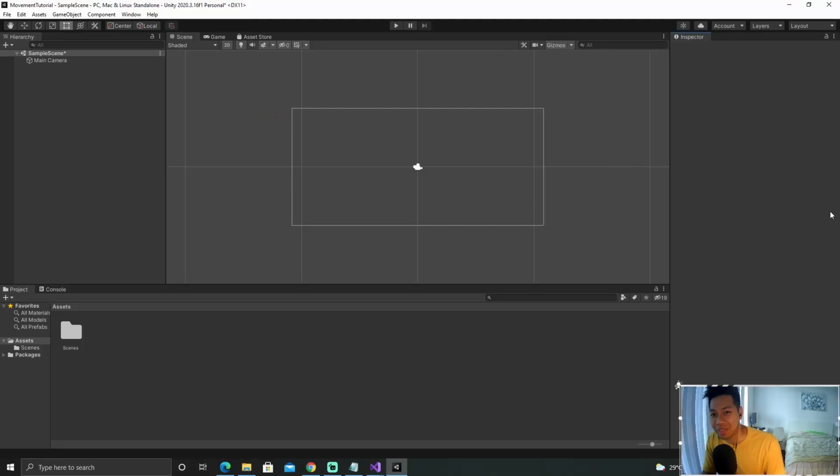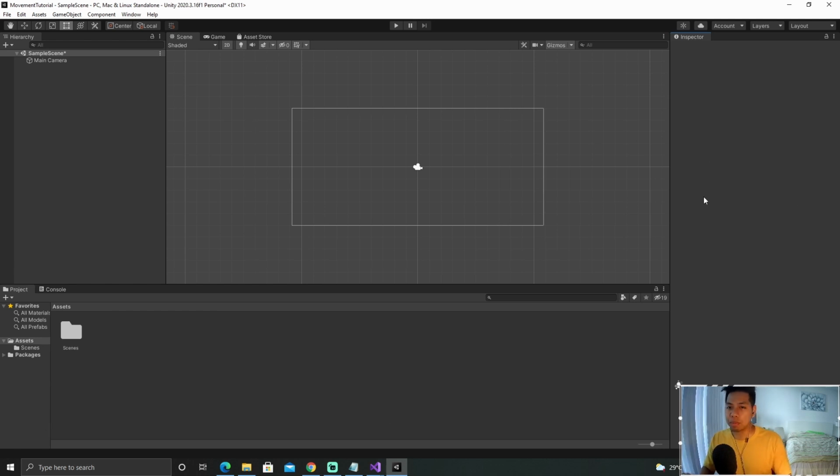What's up, everybody? So here we are in Unity, and this is the first screen that you're gonna see after creating a Unity project. In our case, we're creating a 2D game because we're focused on a 2D top-down player movement tutorial. That was kind of a handful to say, but moving on,